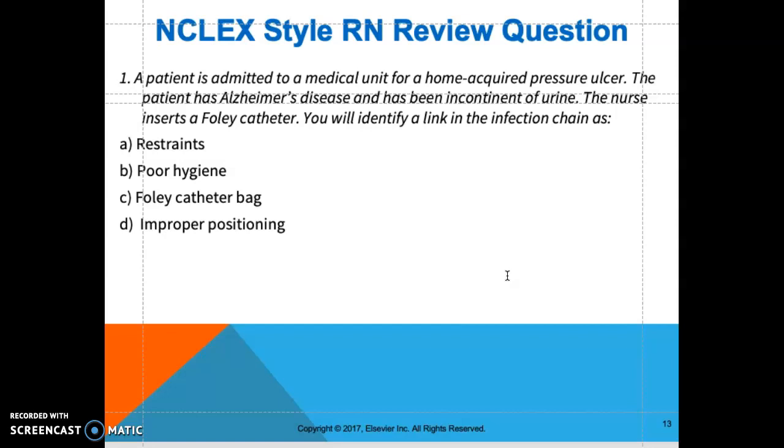So what will be the link? The correct answer is the Foley catheter bag. As you know, if a patient has a Foley catheter, that's a port. It's an entry for infection. If the bag is hanging on the floor or the port is open, it's one of the routes that infection can travel. So a Foley catheter places the patient at increased risk for developing catheter associated